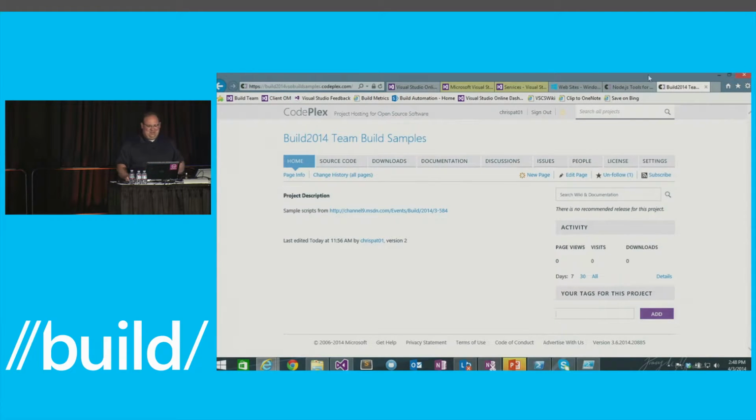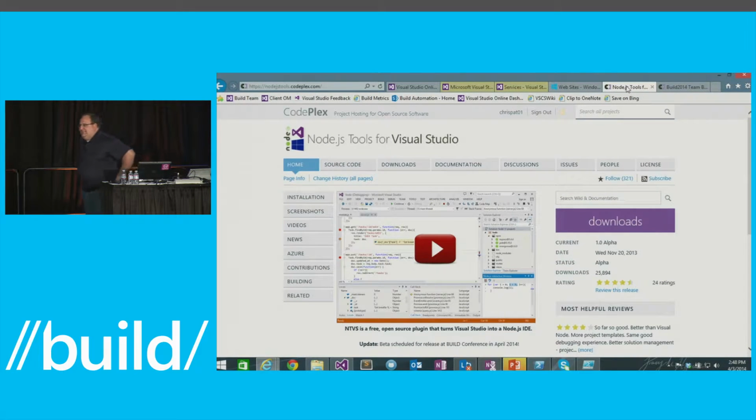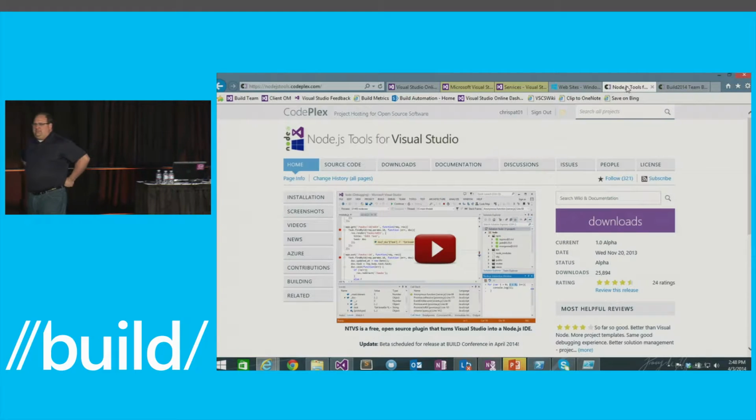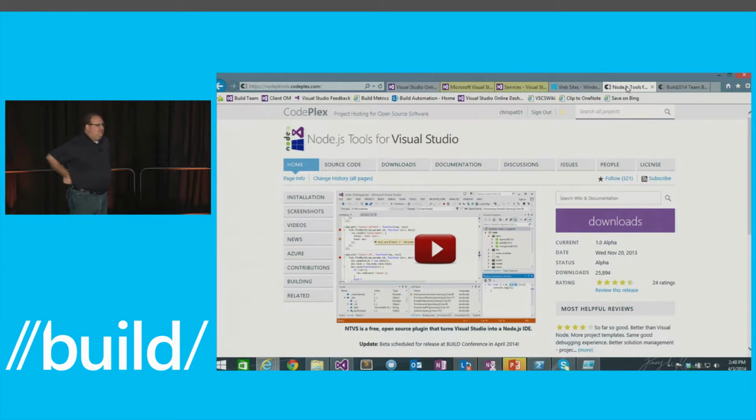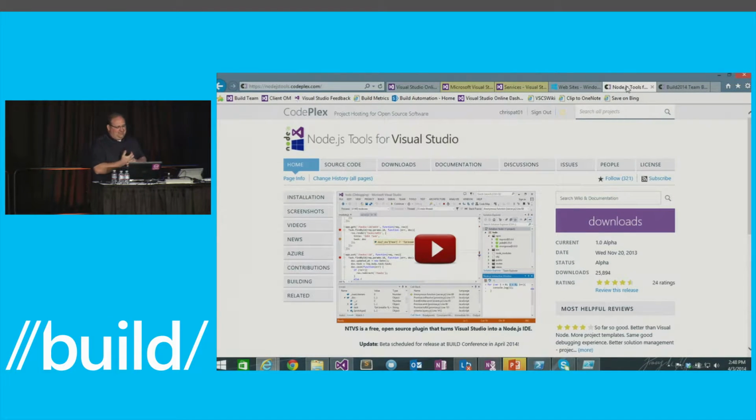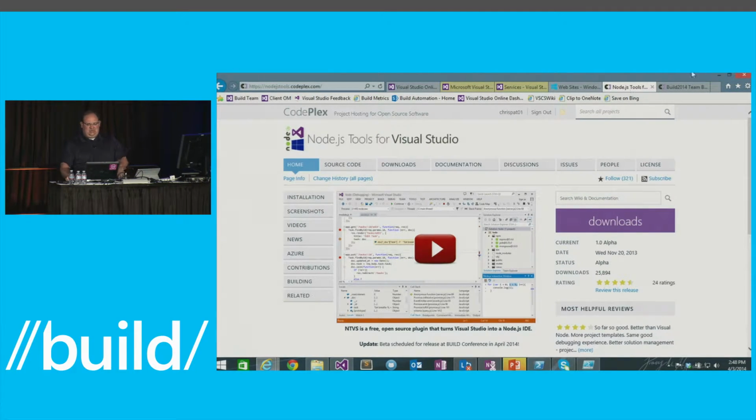OK. So moving on. What did I say I was going to do next? I think I said Node.js. How many people here are familiar with Node.js? How many people have used the Node.js tools for Visual Studio? OK. So they're definitely in alpha, but they're coming along, and they're actually really, really interesting. And the nice thing is they've done a lot of work to make this next process much easier than it